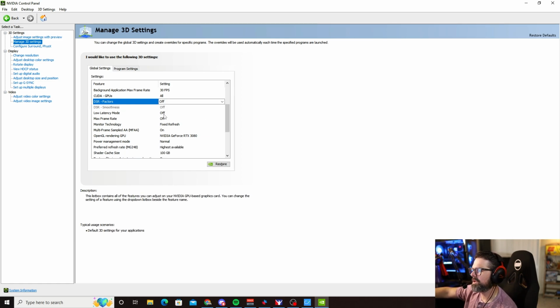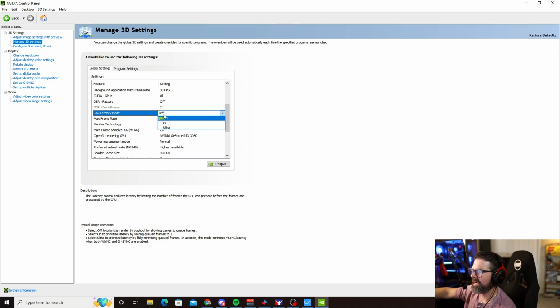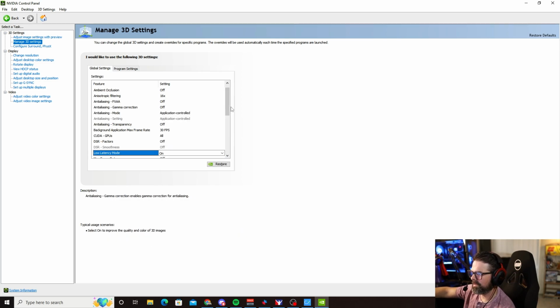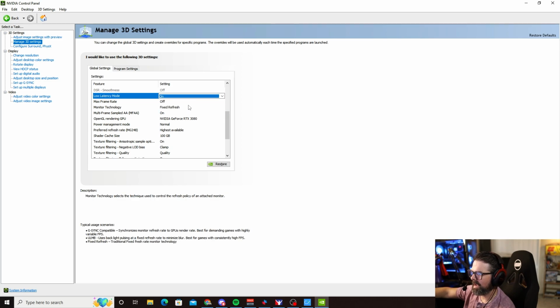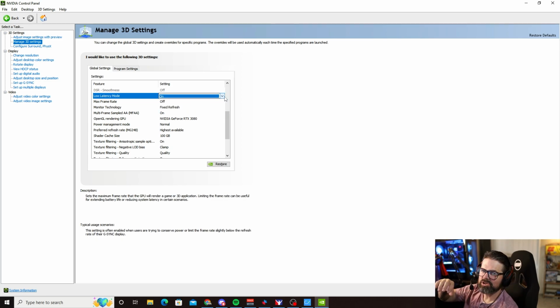Low latency mode. So here's the deal. This is one of the things that iRacing added last build, I think. Maybe the build before. It's been a little while now, a couple months. And this is that NVIDIA Reflex, okay? I have messed around with this. I will put this to on. I saw no difference with Ultra. I just did not see anything where Ultra was better. I put it to on. I do have G-Sync monitors, although I don't use G-Sync.